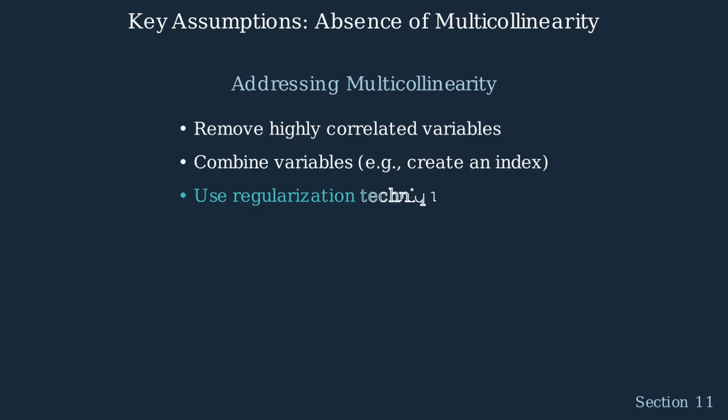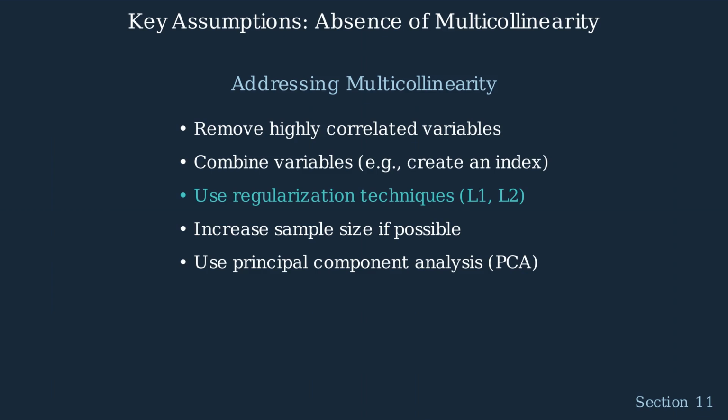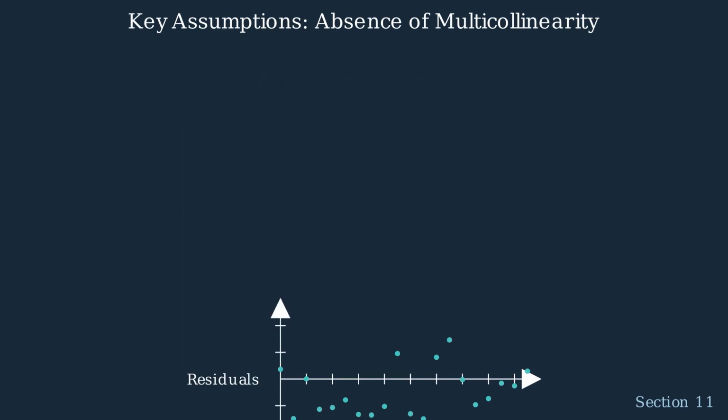When multicollinearity is detected, there are several ways to address it. You can remove highly correlated variables, combine related variables into an index, apply regularization techniques like L1 or L2, increase your sample size, or use dimensionality reduction methods like principal component analysis. It's important to note that standard diagnostic plots like these might not always reveal multicollinearity problems. The model can appear to fit well even when multicollinearity is present, which is why calculating VIF values is essential